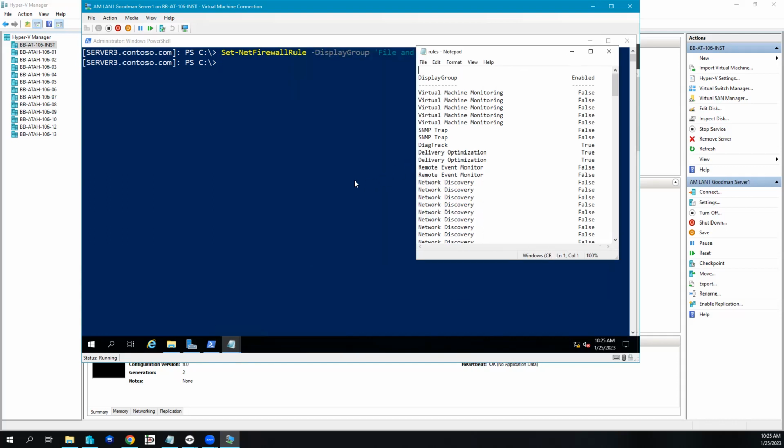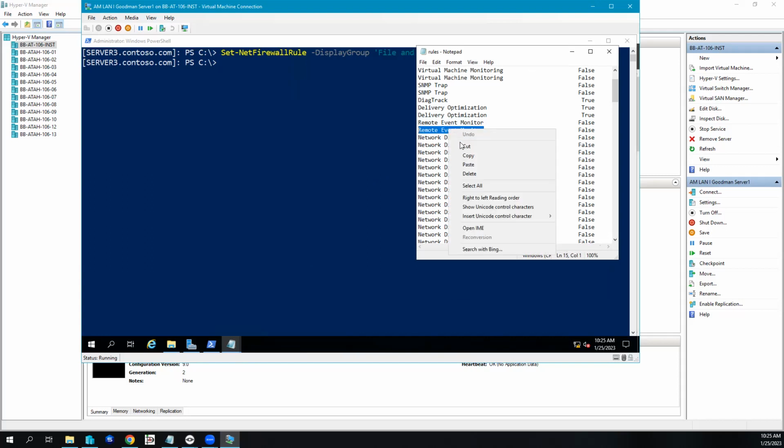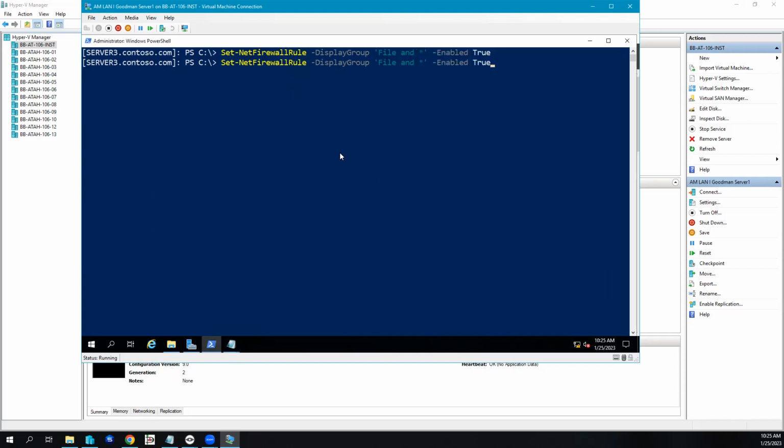Redirect stuff into a Notepad file, and then as I come down through here, I can look and see this remote event monitor. I want to be able to remotely monitor server 3, so I'd want to open up the port for remote event monitor. So what I can do, I can